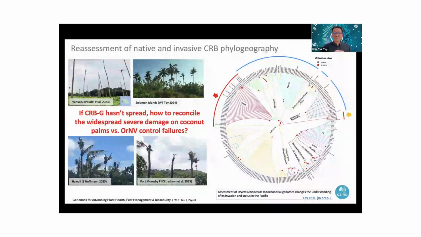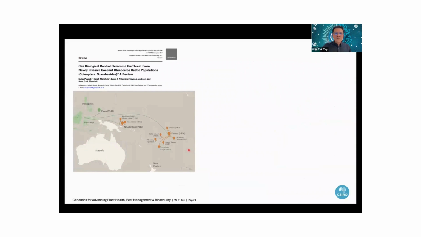And the virus is the most effective biological control agent, and it is not being released. This is what is leading to the observed damage. That's a hypothesis, and we should be testing it. Now we have the genomic resources, we should be able to test whether this is supported or not. So in terms of the introduction pathway, we can now look at the historical